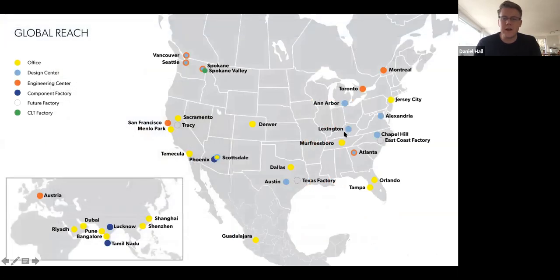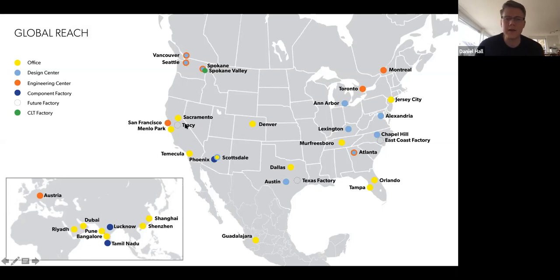So these are a few slides from their presentation. They were talking about their global reach. Like I said, they want to be a global industrialized construction company. They're starting in the US and they have several offices. In green or in white, you can see the factories that they plan in the US. I think they plan to have 4 or 5 factories operating in the US by the end of next year. But they're looking to be global. They're operating in the Middle East. They have an engineering center in Graz. They have global ambitions, I think we should say that.